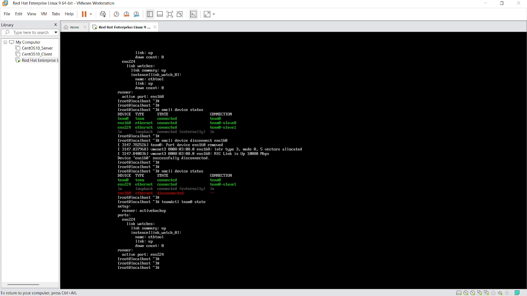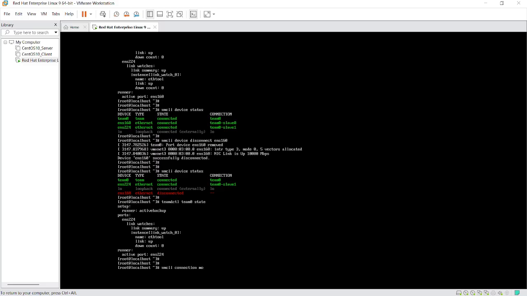For that, we have to create the VLAN over the team0 interface. First, we have to configure the VLAN with the help of nmcli